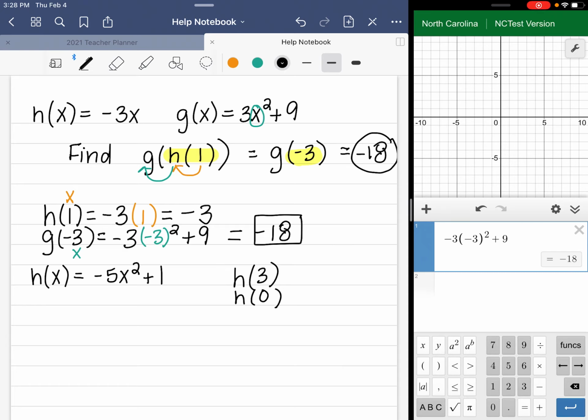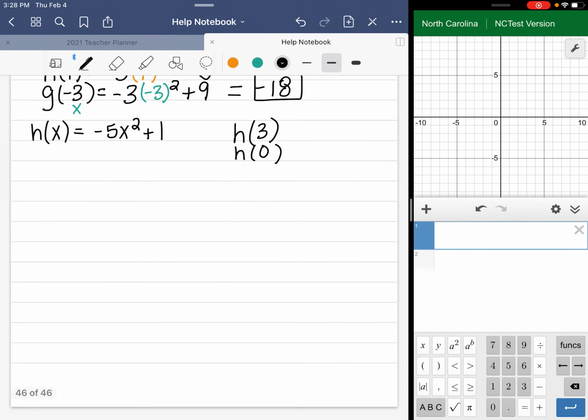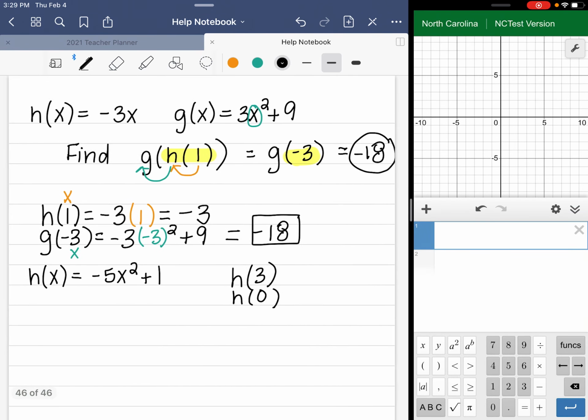So again, you start from the inside, plug the inside into the next function, and take that number and plug it into the next function. So it was basically doing the evaluation